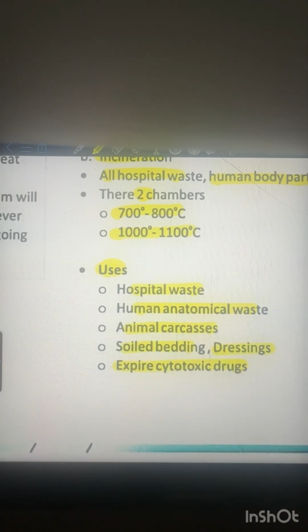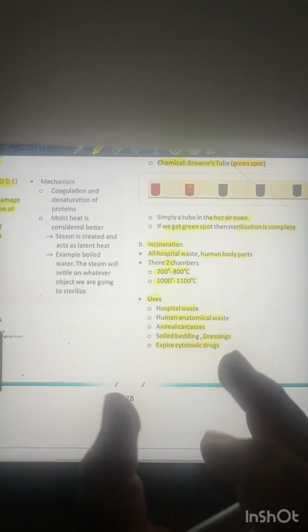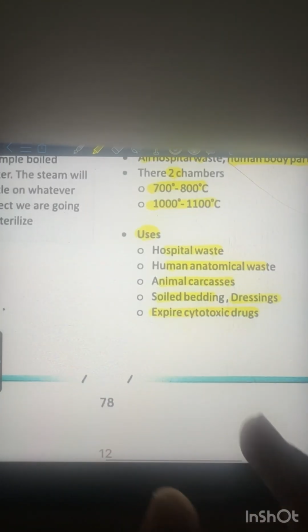So you can learn any one range. So 700, 800 and then 1000 gas pass. These are the two chambers. You have to make the material pass through both. First, you will make it pass through a low temperature of 700, 800 degrees centigrade, and then a high temperature of 1100 centigrade. So that is what you have for incineration, and that wraps up your first methodology,